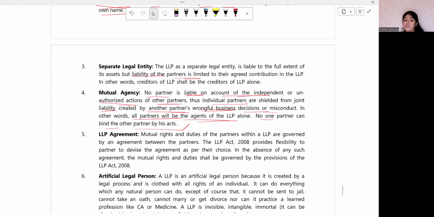They cannot be sent to the jail. You can't send the LLP to a jail, and it cannot take an oath. Okay, these are some relevant things that they have mentioned over here for artificial legal person. A LLP is invisible, intangible, immortal. It can be